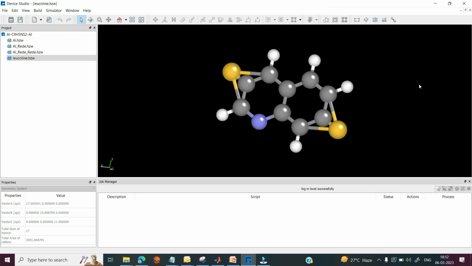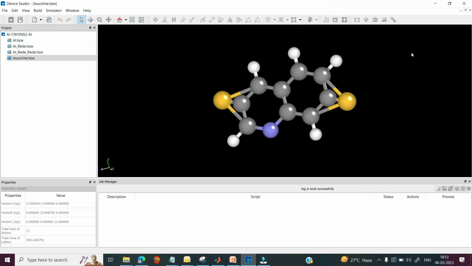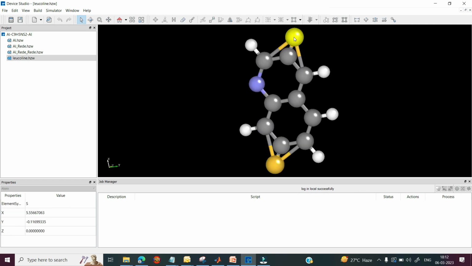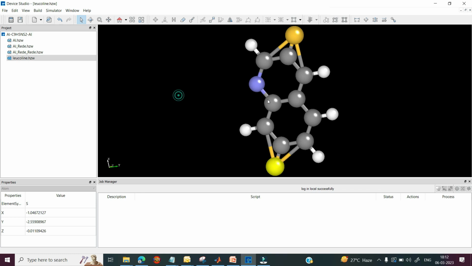Here you can see this is the leucoline molecular structure that I have imported from my local database. You can select these atoms, go to the move option and move this atom upside, then again select these atoms and move downside, and then click on recalculate linker bond.